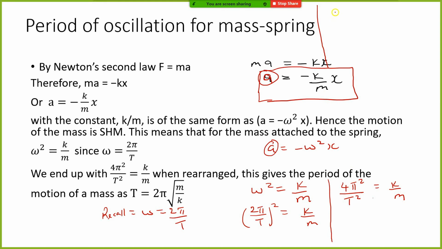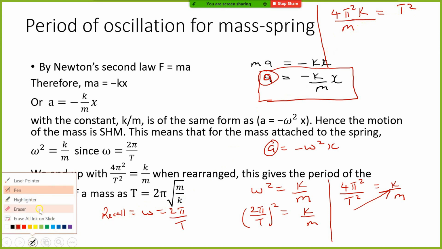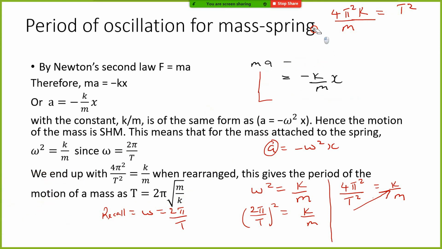that we're going to take T squared and bring it across. When I do that, I'm going to cut it short. I'm going to have 4 pi squared divided by k, times m, is equal to T squared. I did that because I don't have enough space, but I'm just transposing, guys, and I think you kind of know how to transpose. So that's what I did. I just transposed to make T squared the subject. All right,